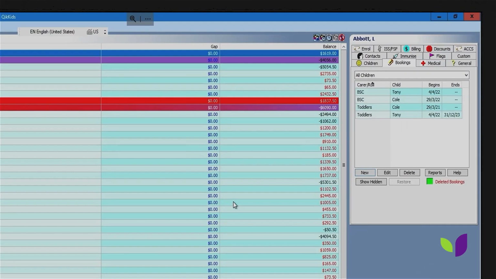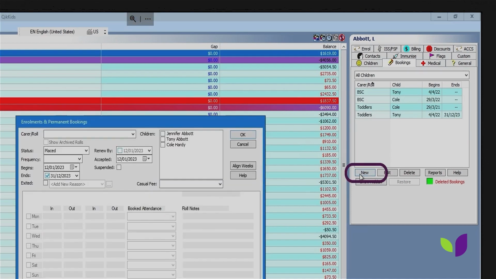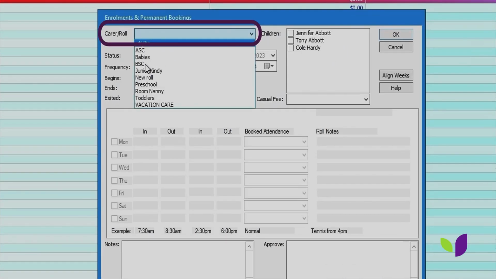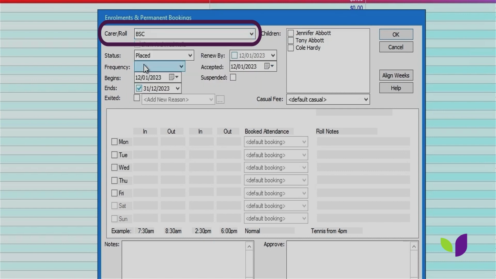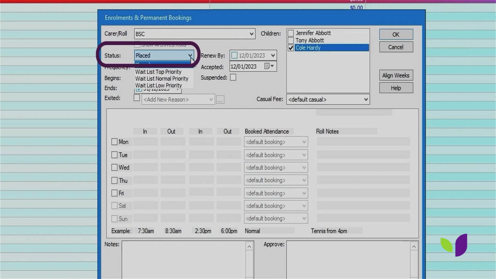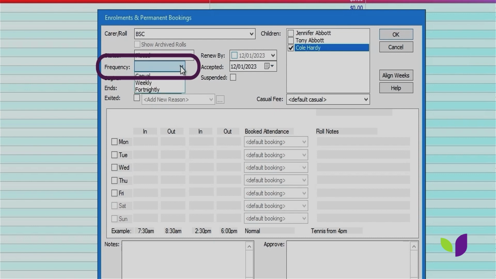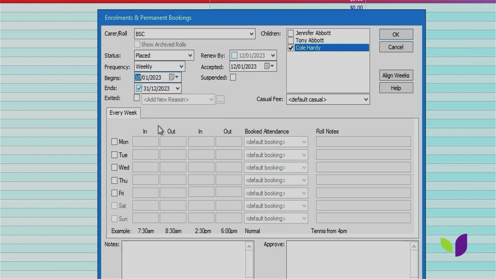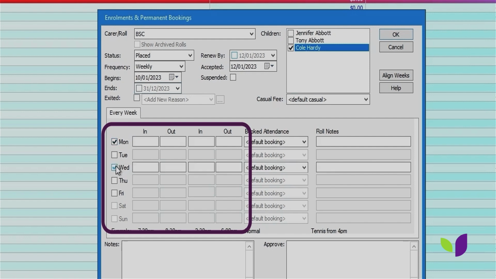To create the new booking pattern, you will select New. You will then need to select carer or role, the child's name, the status, whether they'll be on the wait list or placed, the frequency, casual, weekly or fortnightly, the beginning date, the days of attendance,